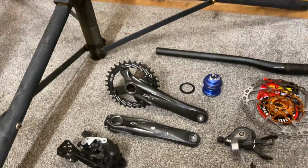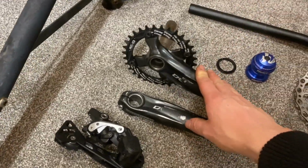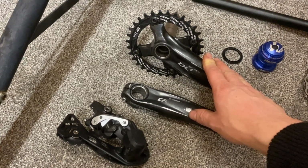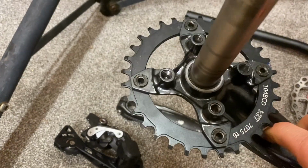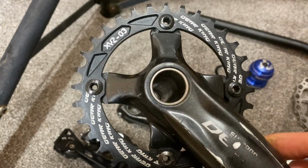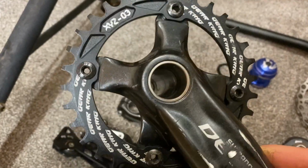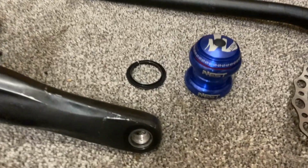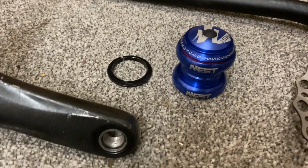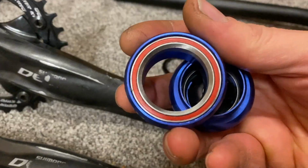So as mentioned in the previous video, we are going one-by, so we've got the triple chainrings removed and just a single put on. Again, this is just in my spares. It's a cheap Mega Tooth chainring, 32T. It'll do the job for now. We've got a new headset. Again, it's a cheap one, but it is a sealed unit, so